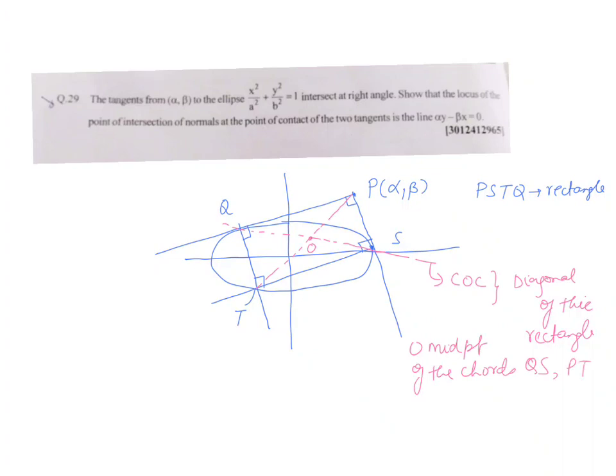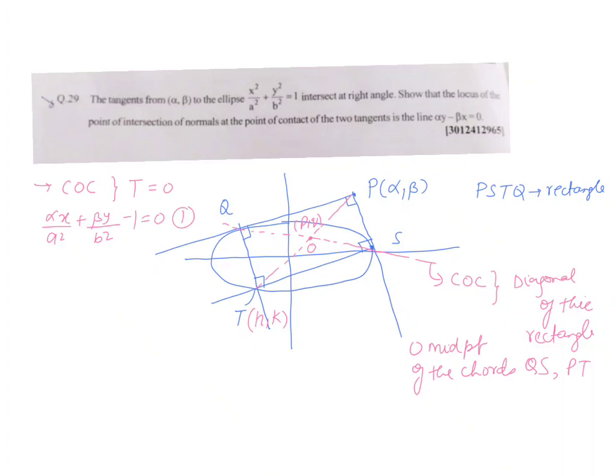So let me denote the point of intersection of these two normals by the symbol h comma k over here, and the midpoint, which is the point O, by p comma q. So you will observe that we can write down the equation of the line QS by treating it first as the chord of contact. So that would give me, in our notation, T equals to 0. So this will give me alpha times x by a square plus beta times y by b square minus 1 equals to 0. So this is my first expression.